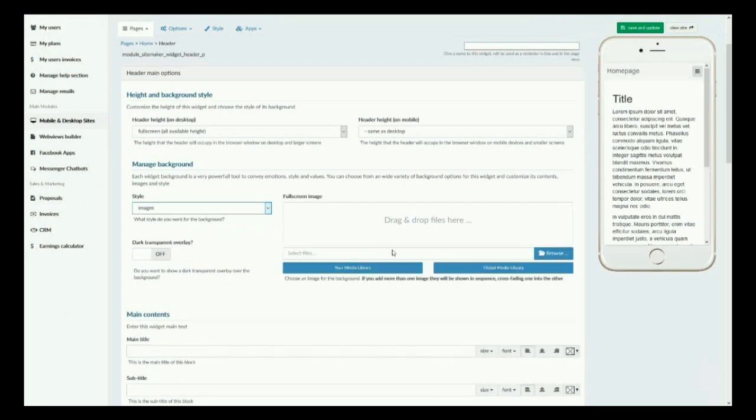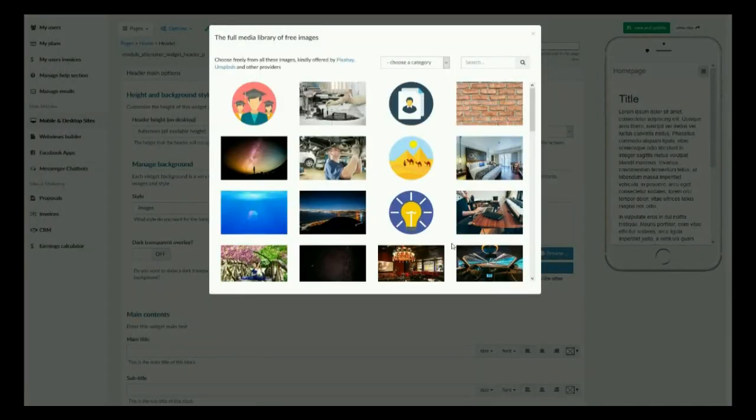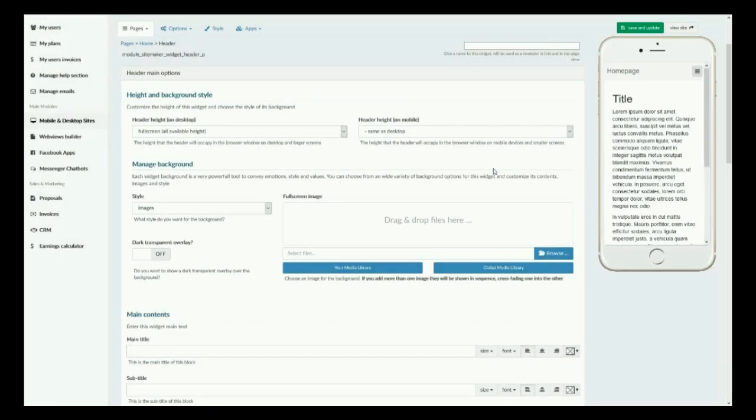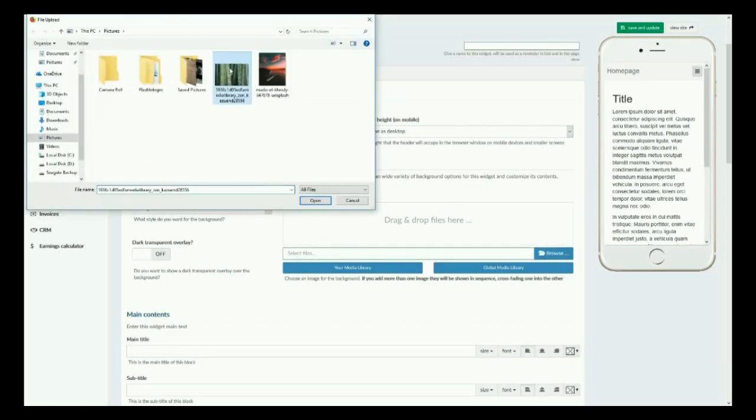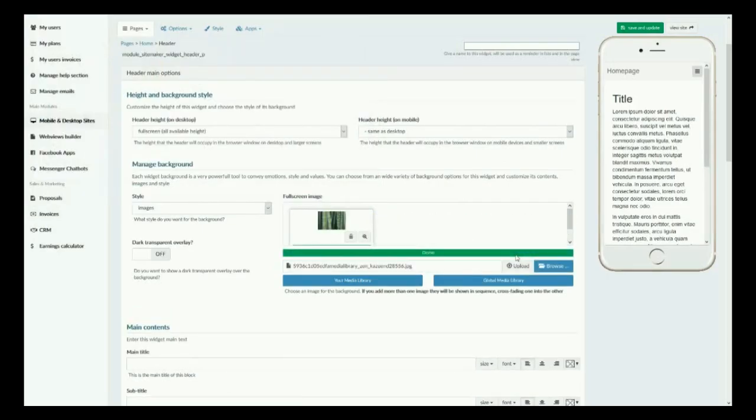You can choose anything from our global media library. This is full of thousands of pictures that you're able to use for free. Or you can upload from your own computer. You can drag and drop or browse to the file. Make sure to click upload if you're uploading it from your own computer. And once you upload and save that,